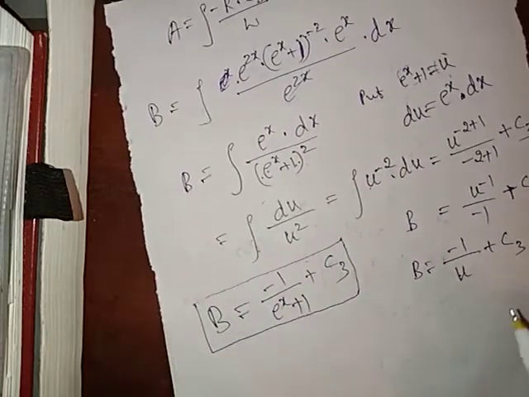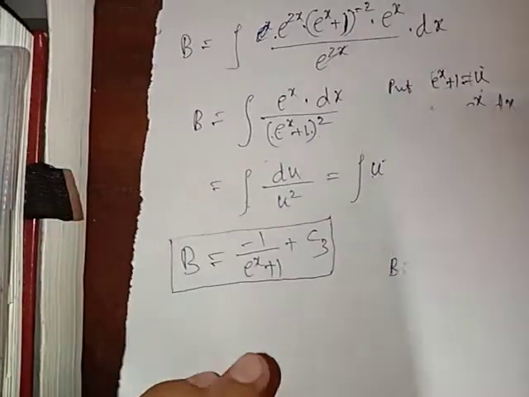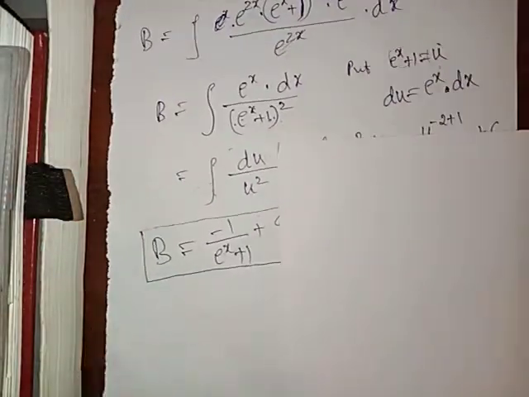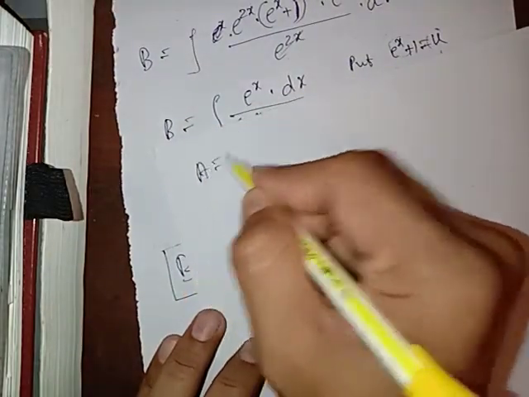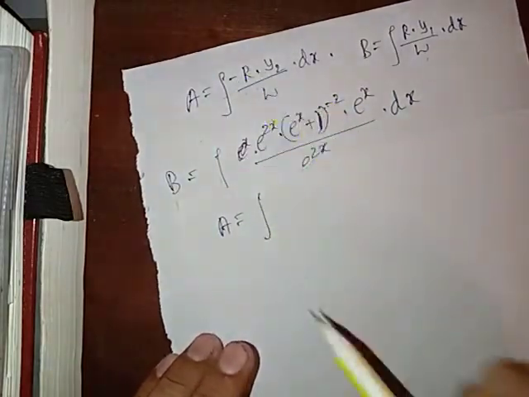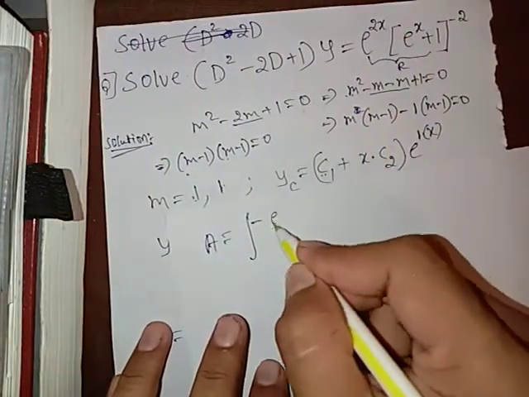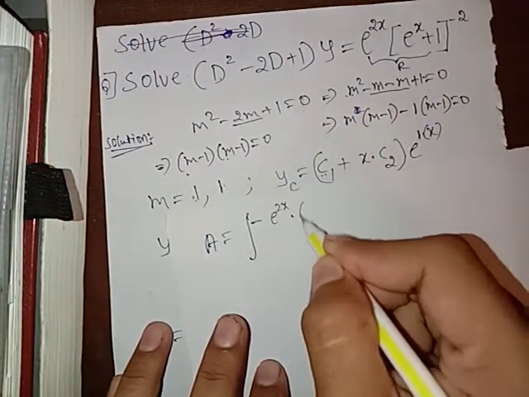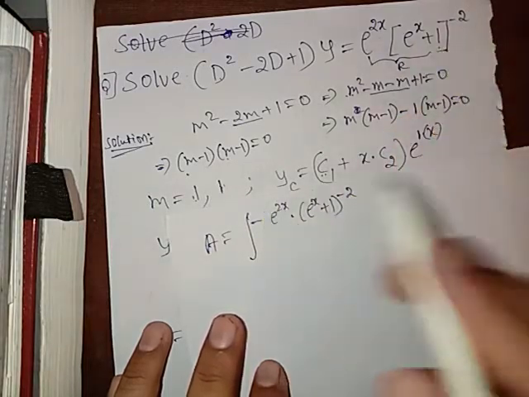Now we have to find out the value of a. So we have a is equal to minus r. In the place of r, what is it? Exponential of 2x into exponential of x plus 1 raised to minus 2. This is r, minus r,